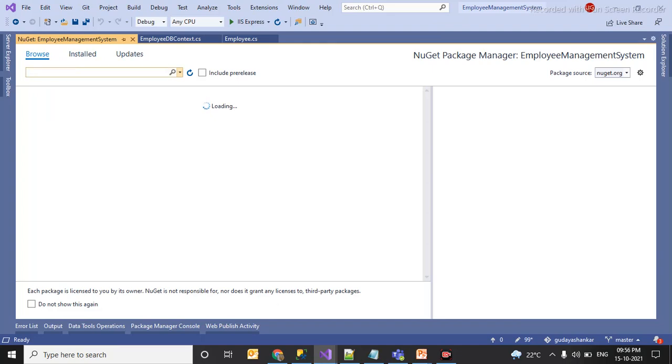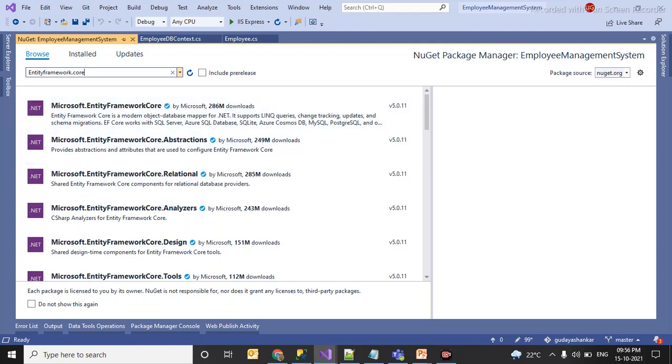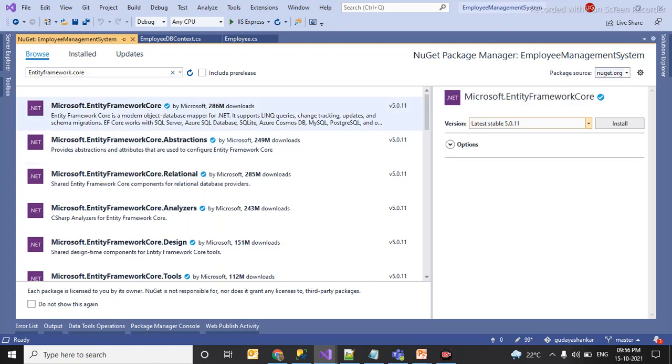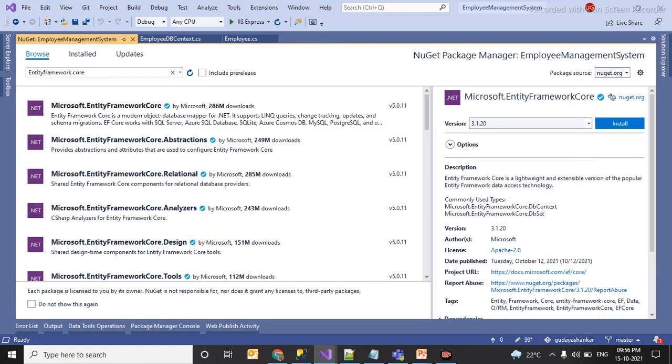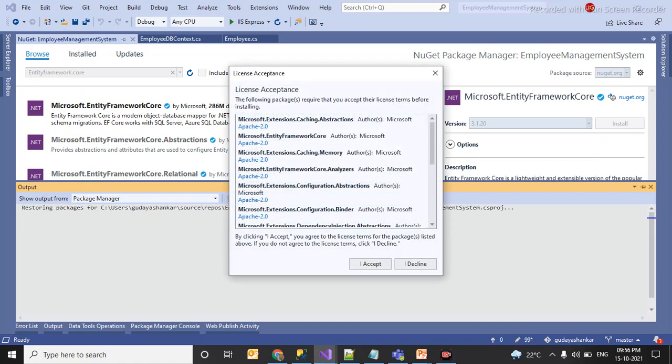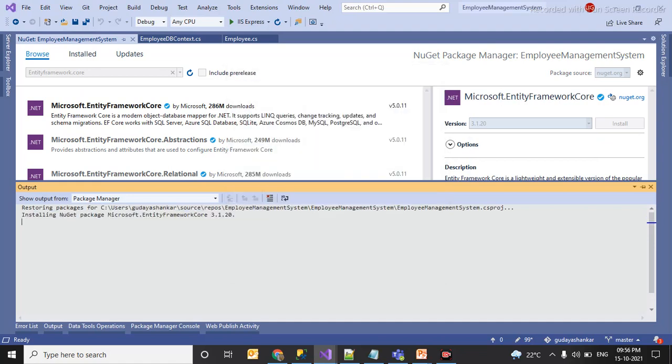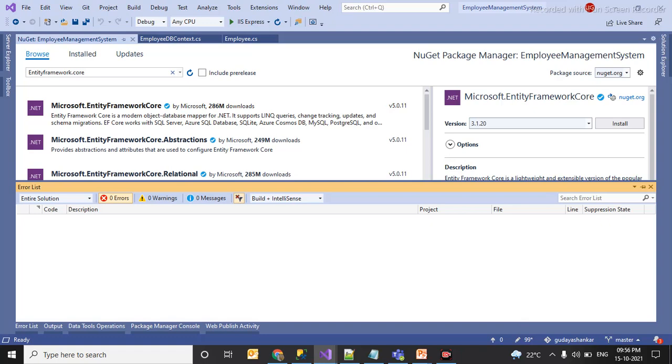First thing is Entity Framework Core. Here you can see the latest version is 5.0.11, but I will be selecting 3.1.20. Accept the license. Let Visual Studio install this.